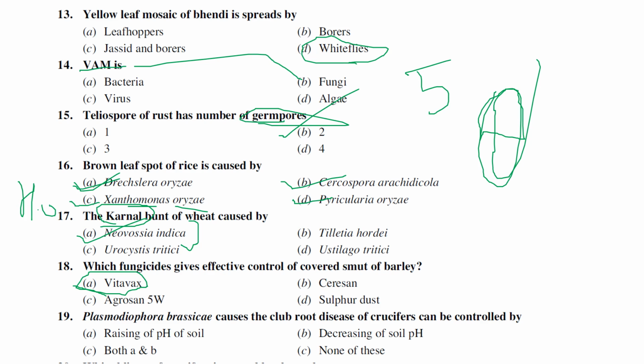And when it comes to management, this disease is very severe in low soil pH. If the soil pH is 5.2 or 5.3, the disease is very severe. If we increase the soil pH by applying lime, we can efficiently control this disease. So the answer is raising the pH of soil. The options are raising the pH, decreasing the pH, both A and B, none of the above. The answer is raising the pH. If we raise the pH from 5.2 to around 7.6 or 7.8, we can efficiently control the disease. For raising the soil pH, we use lime. Around 2.5 tons of lime can be recommended per hectare. Just raising the soil pH is more than enough to control this disease very efficiently.